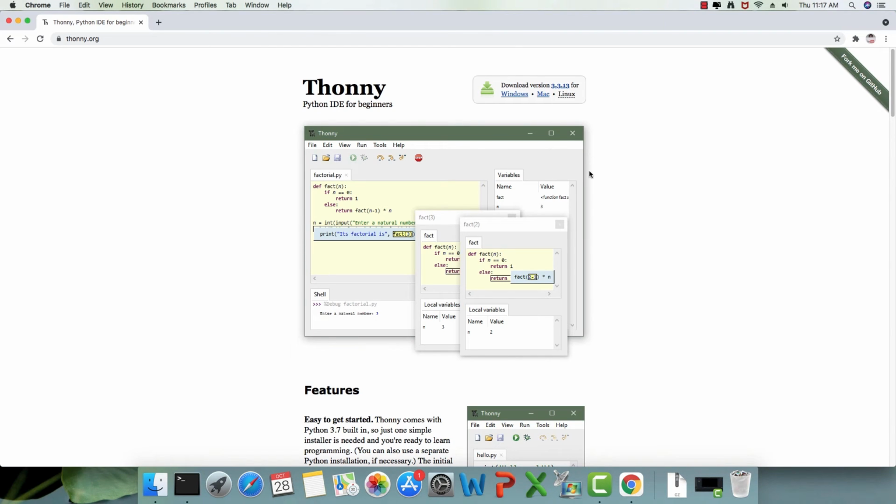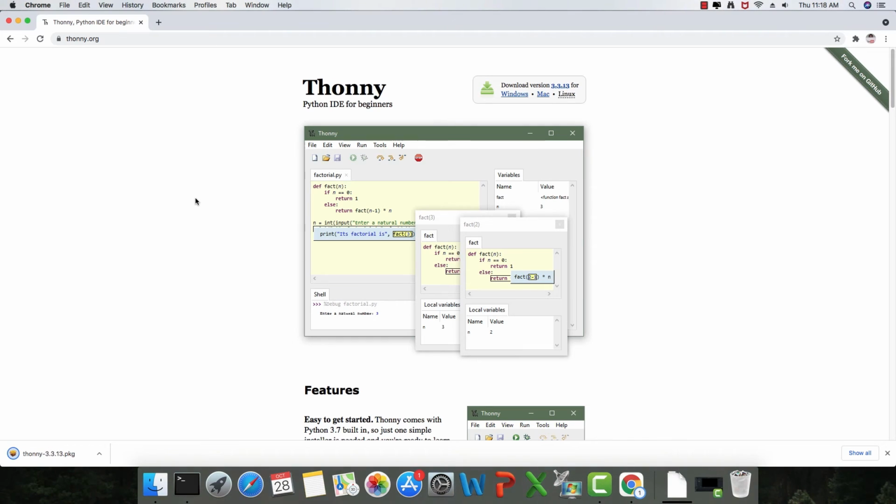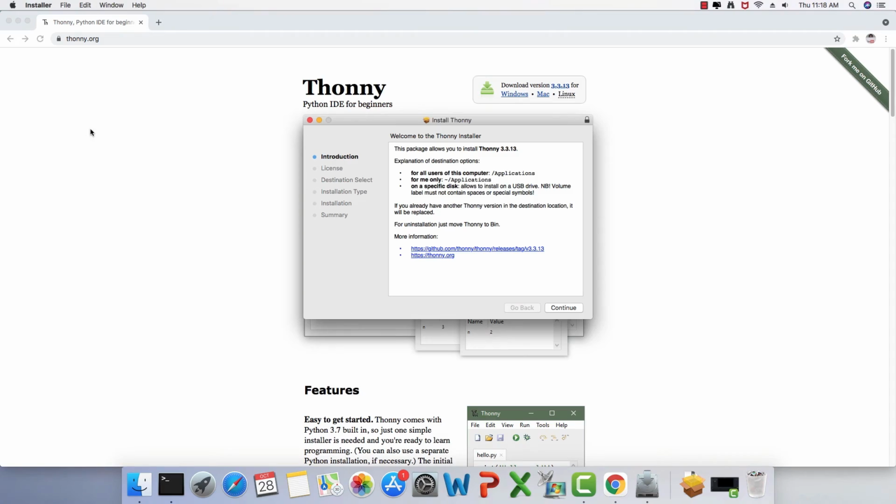So here we have the Mac section and I'm going to click it. So it has launched a download, and yes, the download is complete now. And I'm just going to click this package file and it is going to launch an installation wizard.